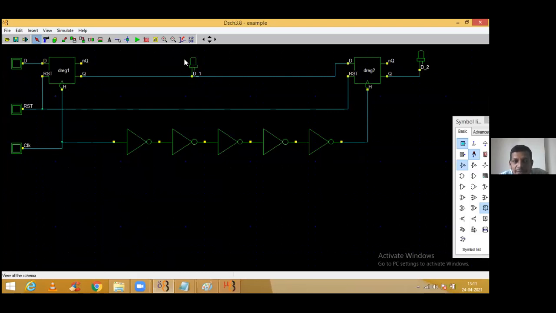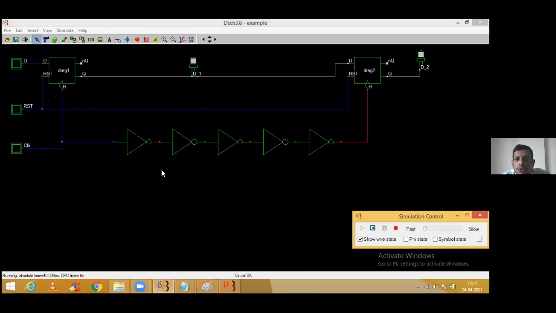Now you need to check what is the difference. Is there any significant difference between the glowing over here and the glowing of D2 over here? Shall I start? Shall I simulate this one? Let's have a look at how it is going to behave. First of all, we need to reset the structures. Yes, the toggling state we need to remove, either 0 or 1, that we need to do over here.